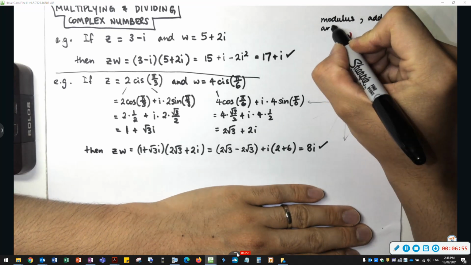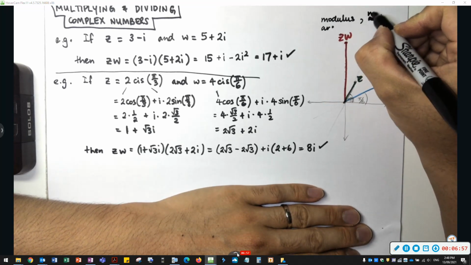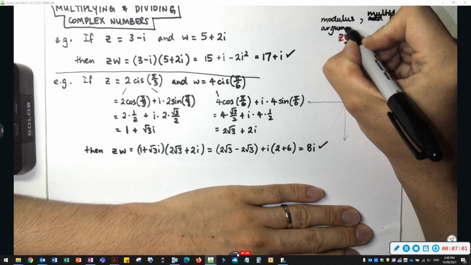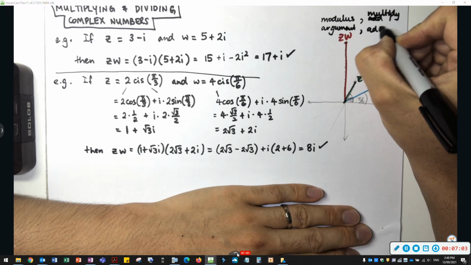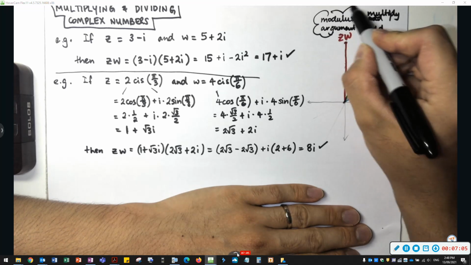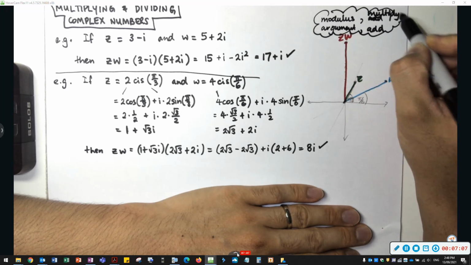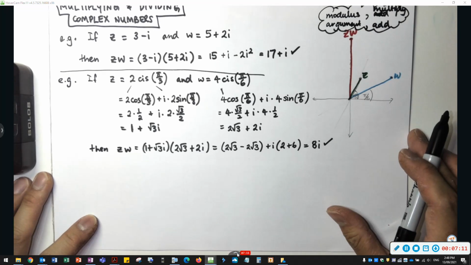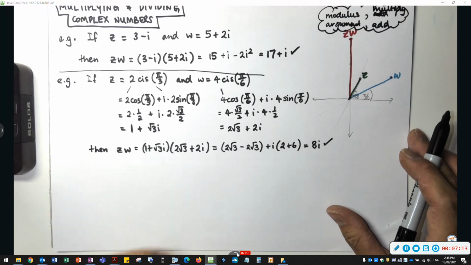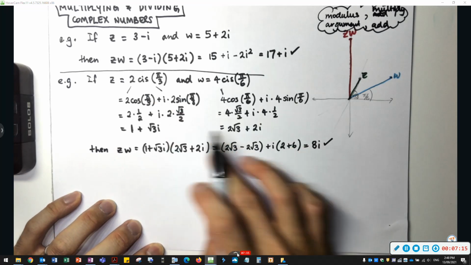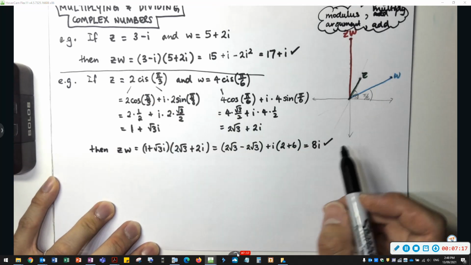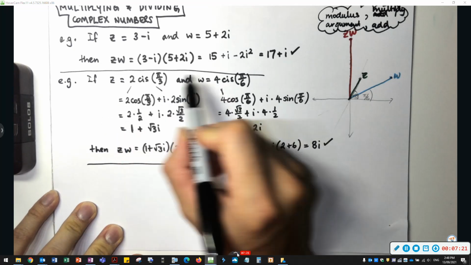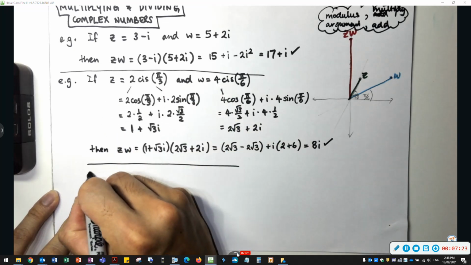But not add, multiply, I beg your pardon, multiply. And the argument is add. Okay, we're going to write this formally as a property in a moment, but let's just try this method without using this complicated process of Cartesian form. Okay, so I could just start with these two, and then I can just conclude